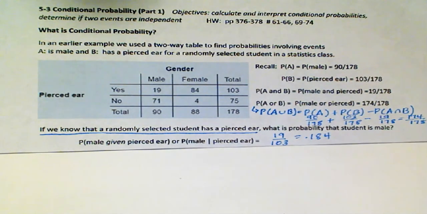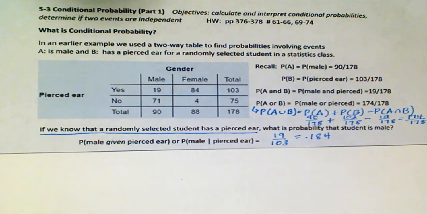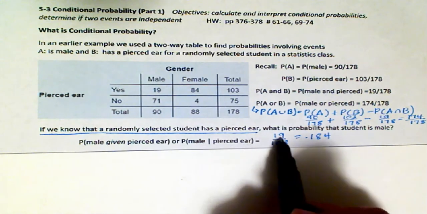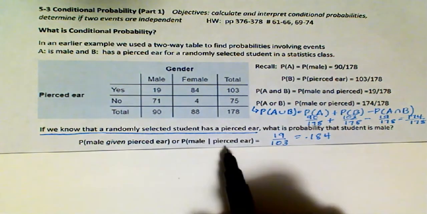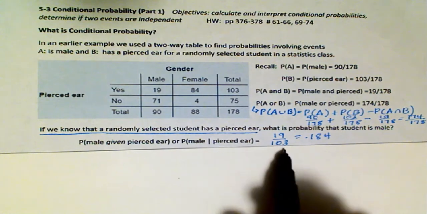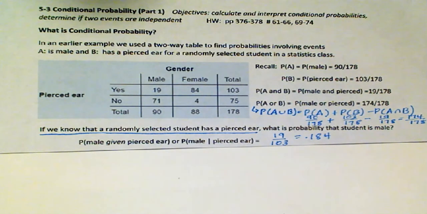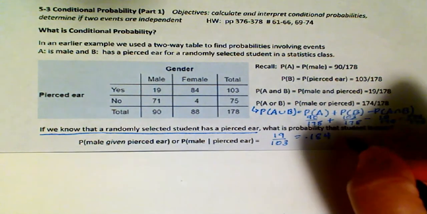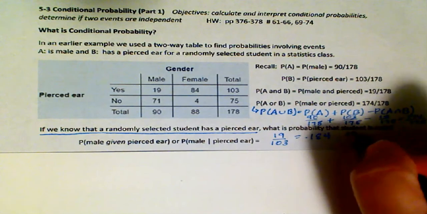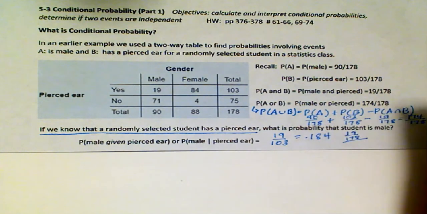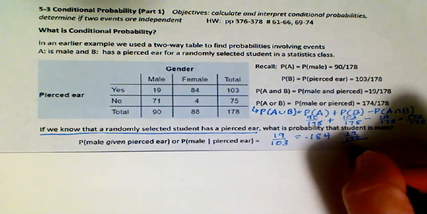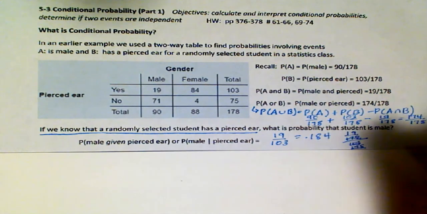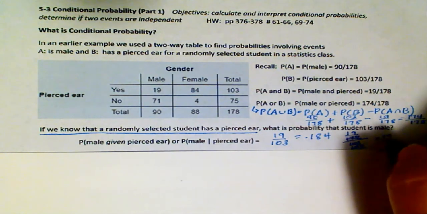Okay, so when you find a conditional probability in a two-way table, the probability of male and pierced ear goes on top, which is 19, and then the probability of a pierced ear, for which you would use the 103, which gives you 0.184. If you think about it, it's really 19 out of 178 over 103 out of 178. When you do this, those 178s cancel,